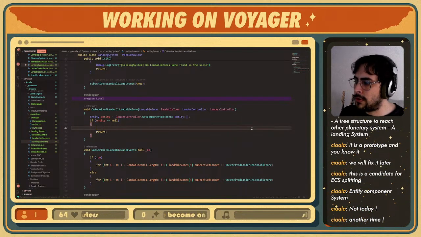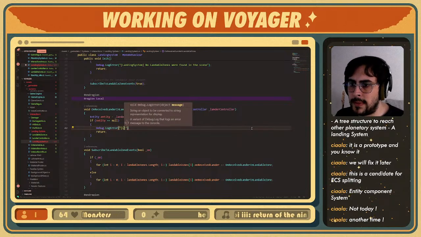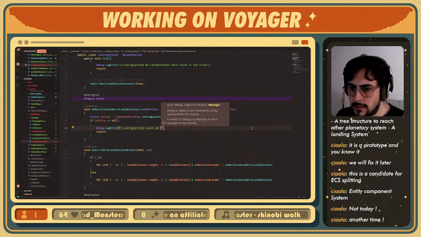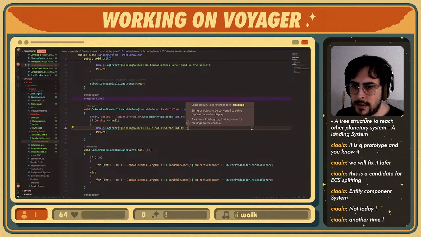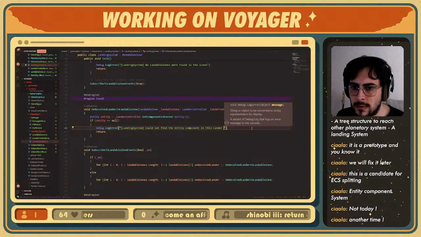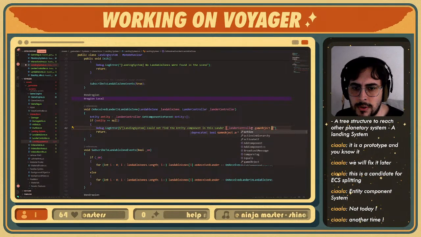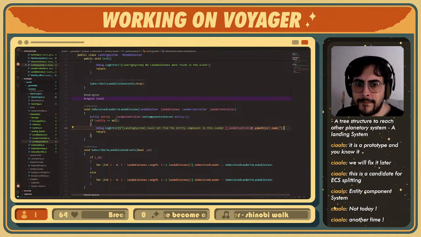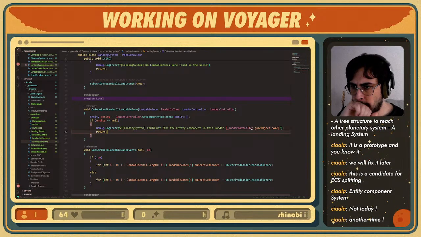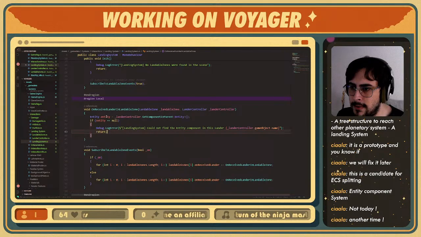So here we are also going to do a safety check. You're going to say landing system, could not find the entity component, and here we're going to say lander controller dot game object of name, okay? Okay, perfect. So we just created a little safety check so that we don't do anything if we cannot get the